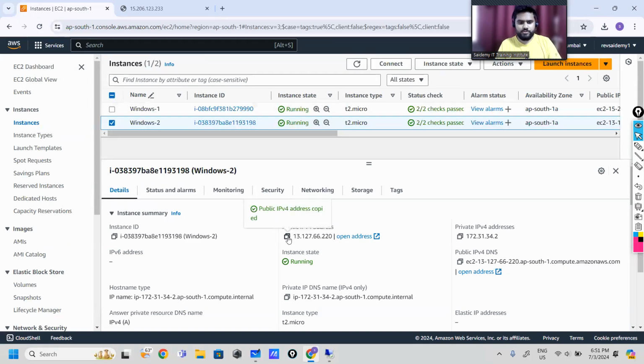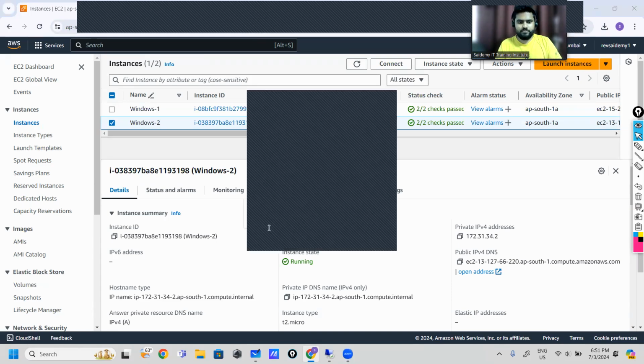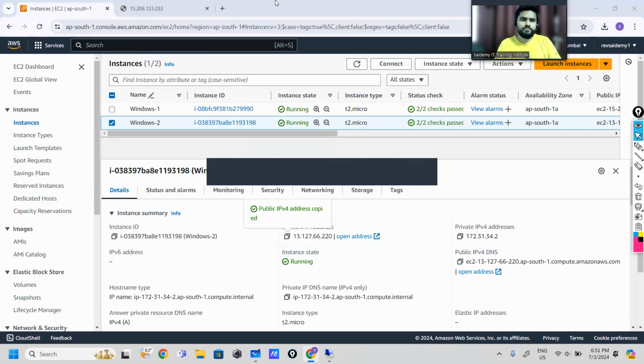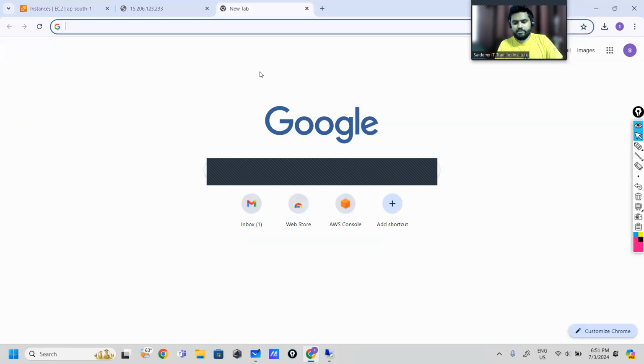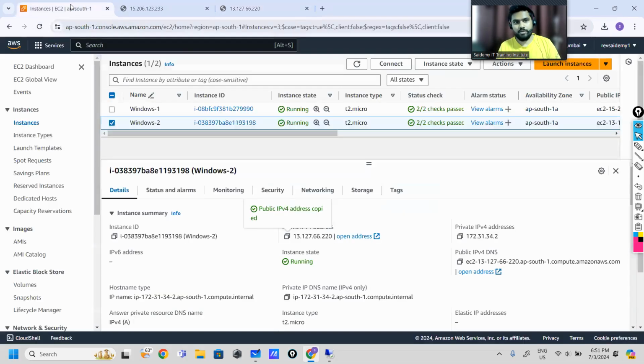Those two, yeah, this is the public IP. Web server 2 IP. Of course, a security group is already attached and HTTP is open, so immediately you should be able to see. Yeah, you see, this web server is hosted on Windows 2. This is the Windows 2 instance, and this is the Windows 1 instance. So both are running individually fine, but